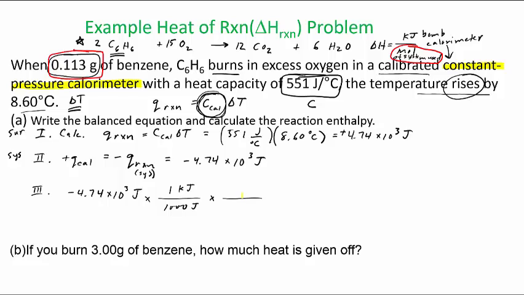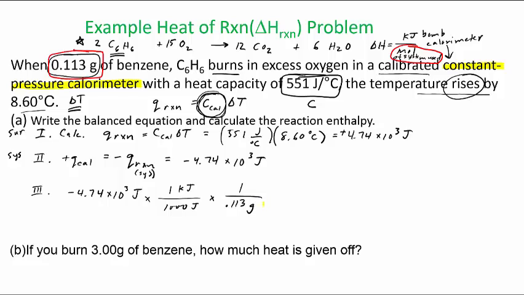Okay, and I'm going to put 1 over the, or let's see, how do we get moles on the bottom here? Actually, I'm going to go back here and just divide by the grams, or actually, you know, I could do it in 2 steps. So I'll just go like this,